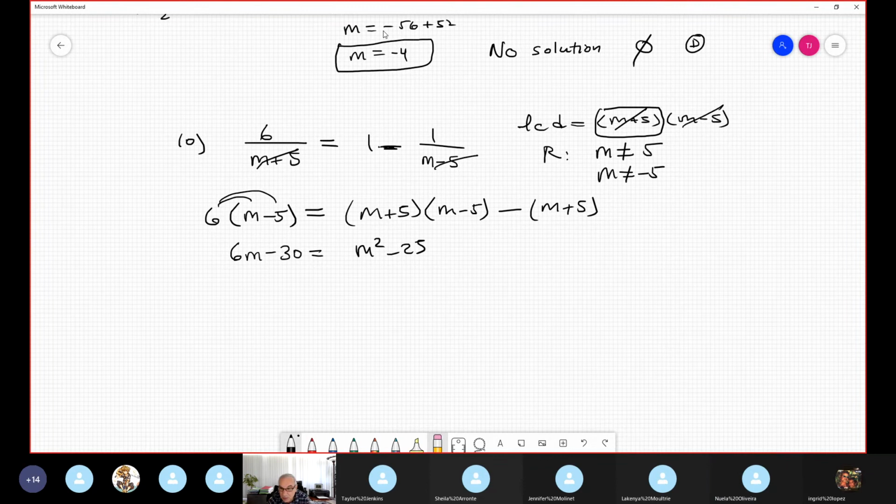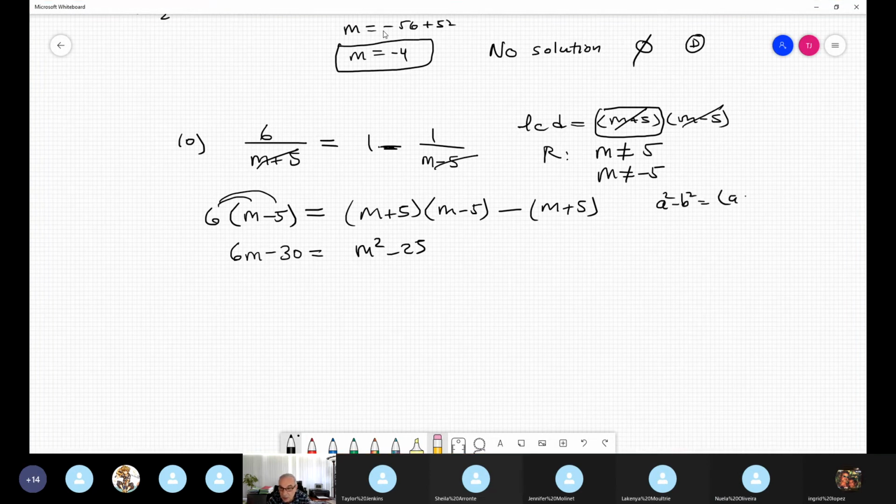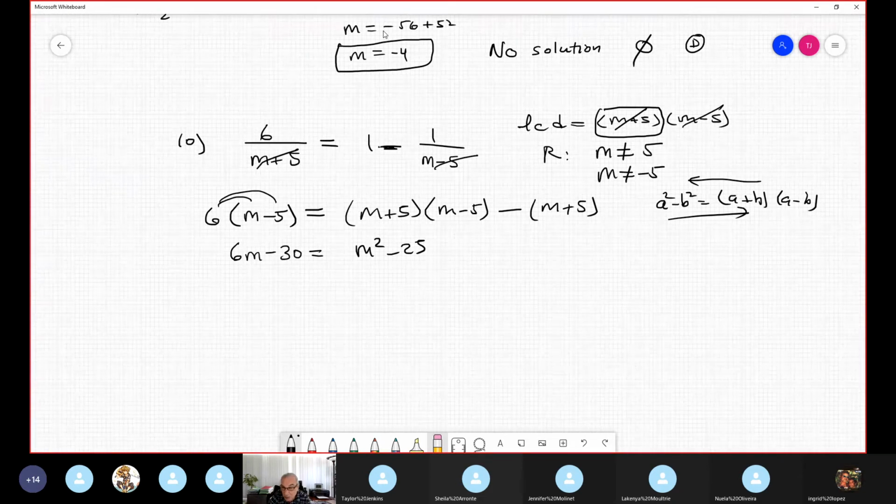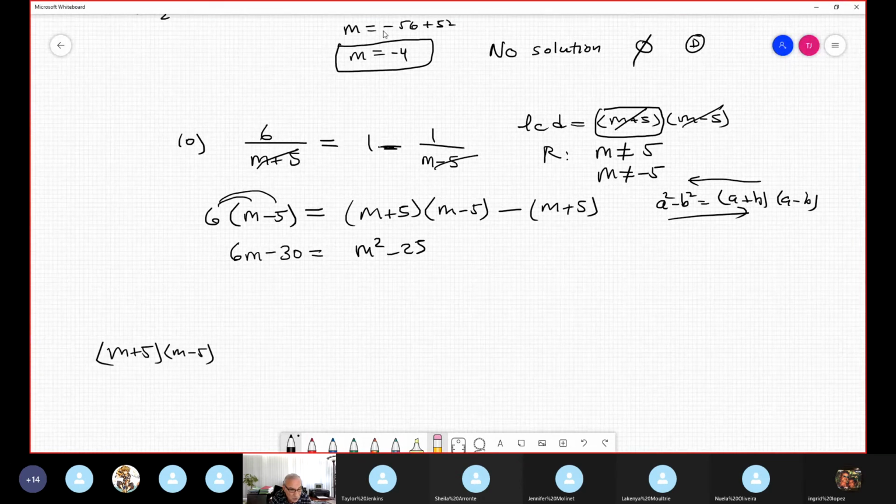Backward. Remember this formula: a squared minus b squared is equal to a plus b times a minus b. Normally we go in that direction, because it is factorization, but in this direction it is multiplication. I can see that these have opposite signs. Suppose you don't see, don't worry, be happy, because m plus 5 times m minus 5,